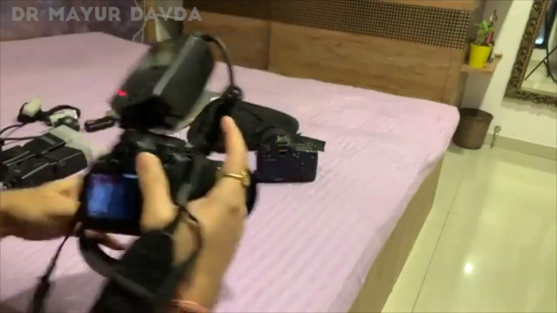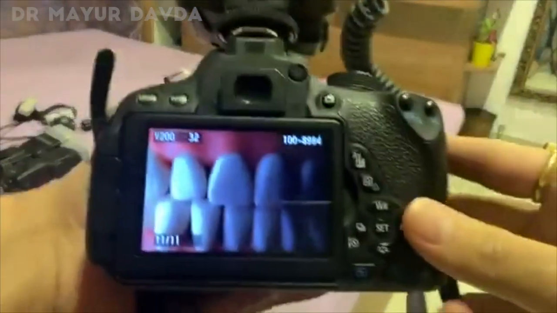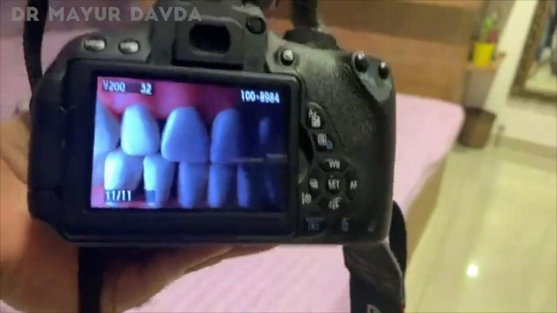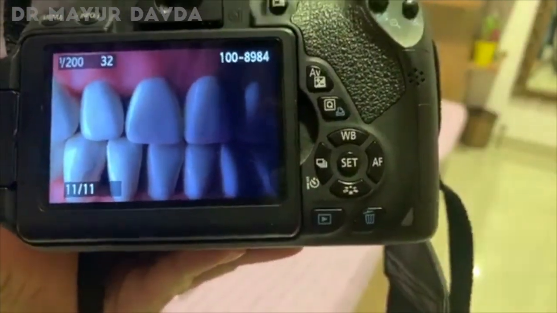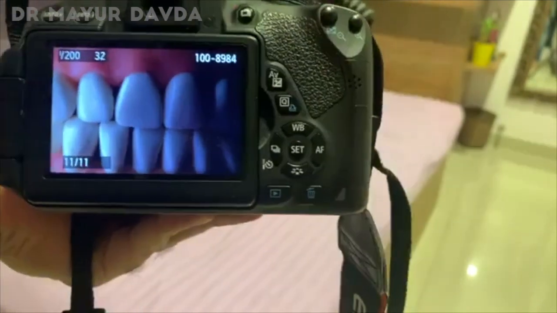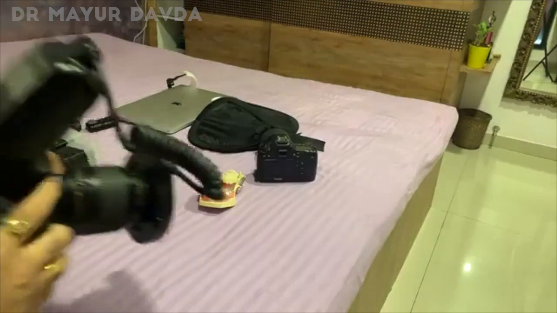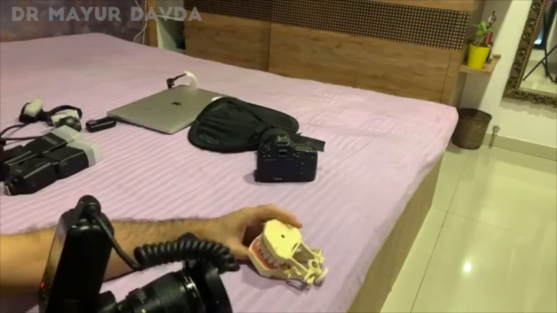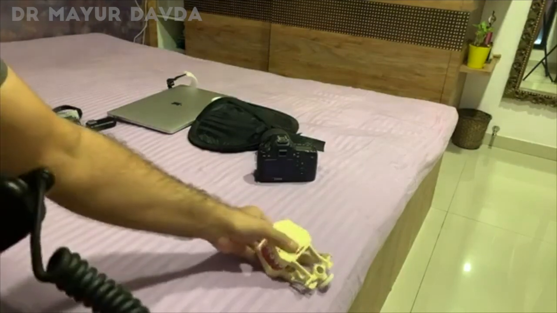So you can see only one side of my patient's teeth will be illuminated, like in this case. It looks a little fancy. So you can use your ring flash to do all the fancy stuff as well. Don't underestimate your ring flash. Also, you can do another situation in which you can get a black background with a ring flash itself.